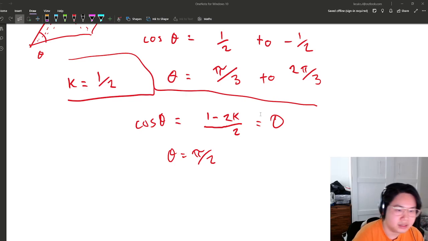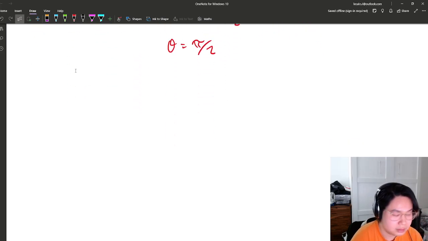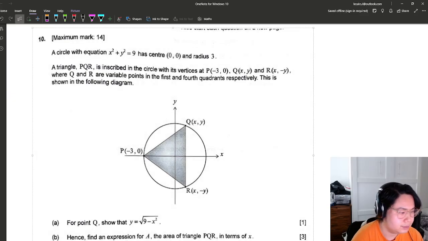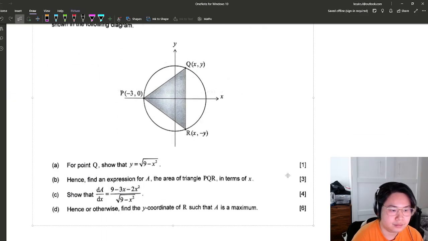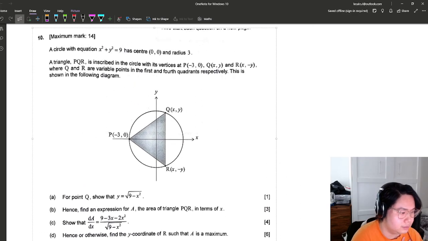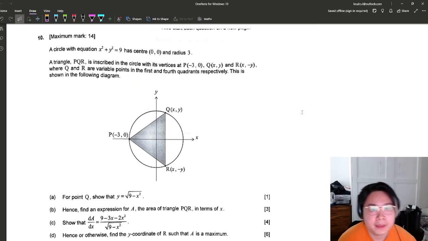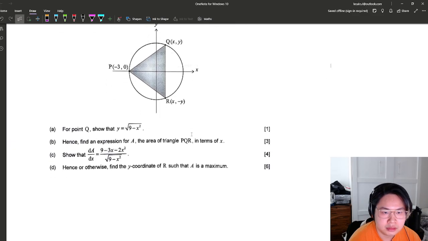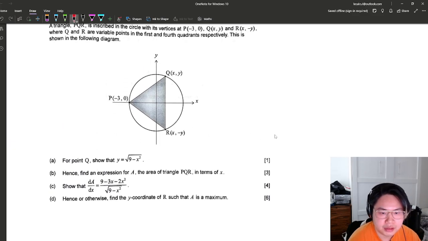Okay, this one looks like an optimization question. I really hope that I can make it in time. Okay, circle, radius 3, P, Q, R. R is right below Q. For point Q, show that this. Okay, so